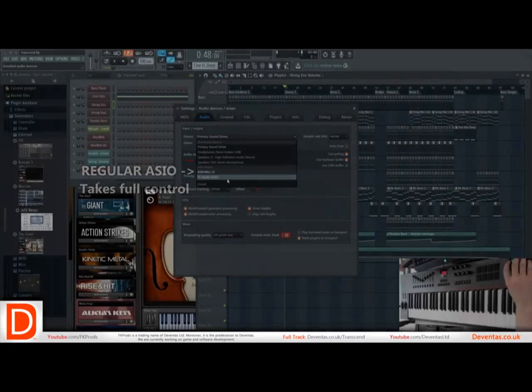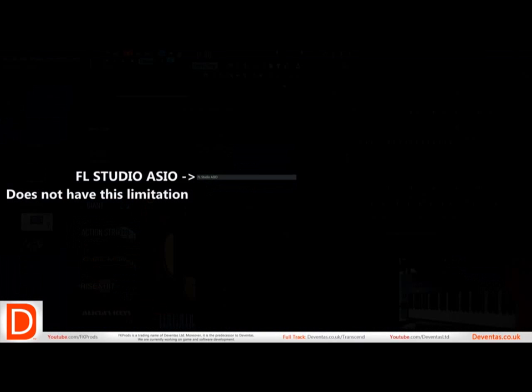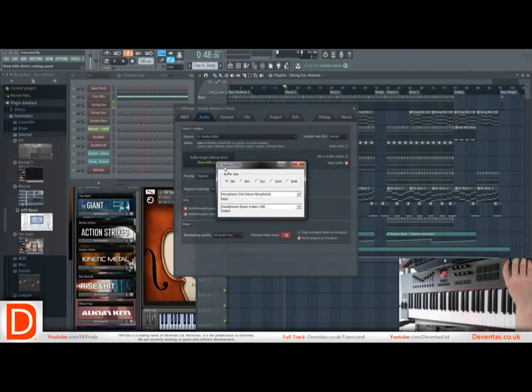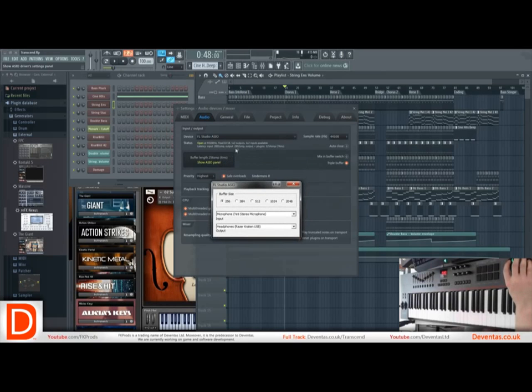Now with ASIO, which I can't switch to because it will break my recording, it allows for that near zero latency, but it locks it to FL Studio only, meaning I can't record. So what we have to do to take advantage of this is go to FL Studio ASIO and click Show ASIO Panel. It will be set to 512 initially, but if your CPU is good enough, you can turn it right down to 256, meaning only 6 milliseconds. Now of course plugins etc. add to that, but this initial number is a good